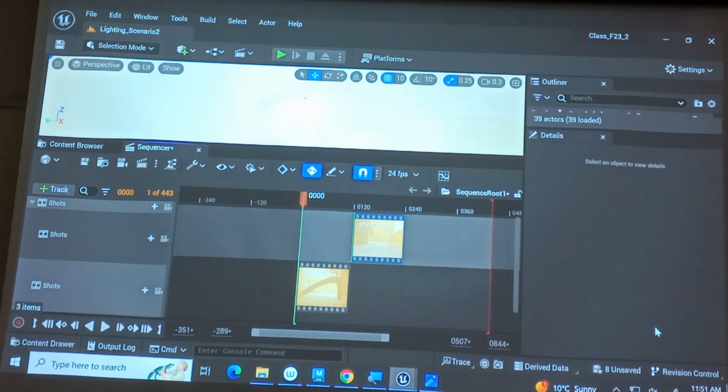I know it's a lot to handle in terms of rendering. Hopefully the rendering section won't be too hard. I will be recording the movie render queue as well as the sequencer setup, because I know it's a lot of intricate things. This should get a little bit clearer next semester, when you are setting up your characters